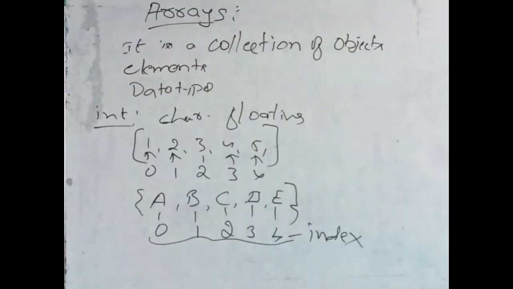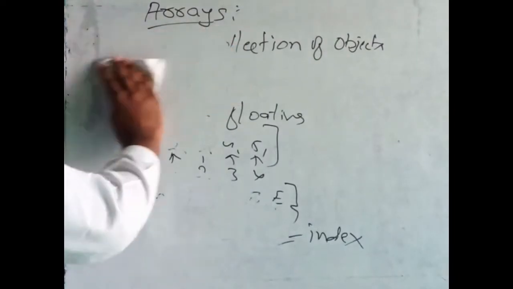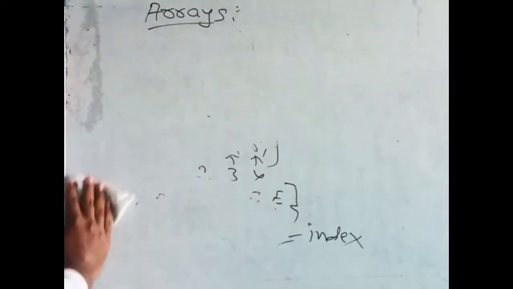And for each array we use a subscript, that is square brackets, to write it as an array. This is how we can write it. Before that, we will see what the types of arrays are. Then we will go for the syntax. At that time you will understand.